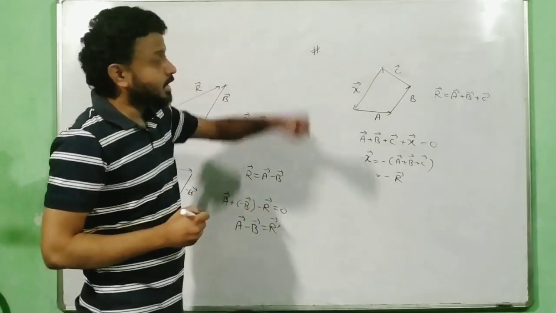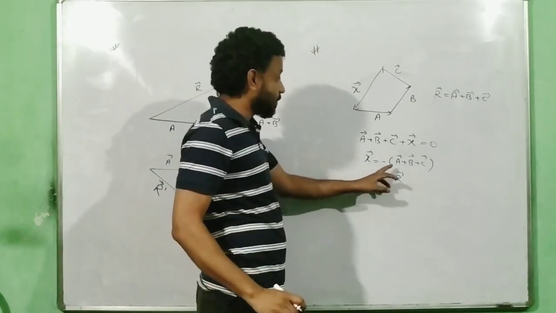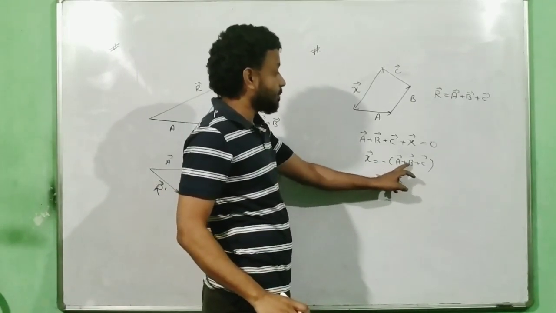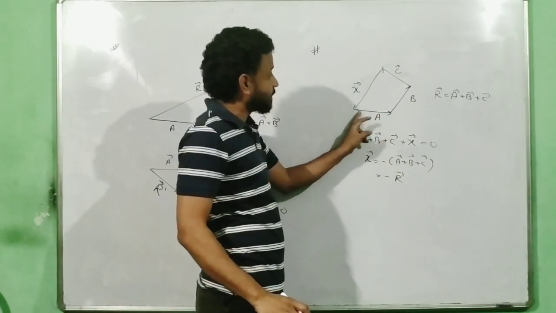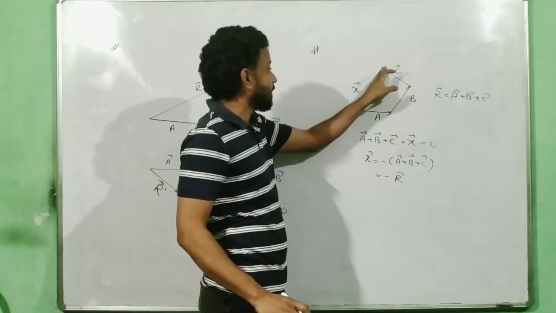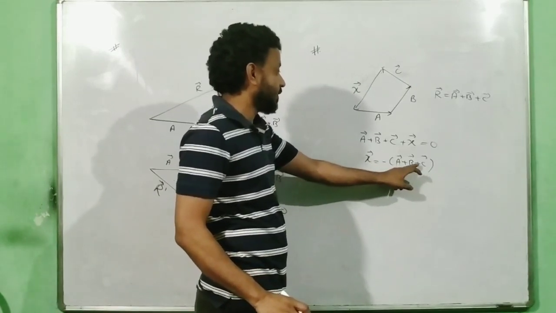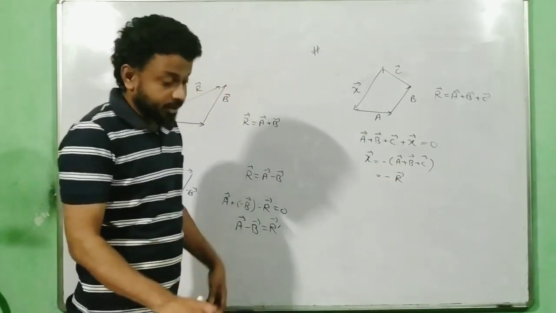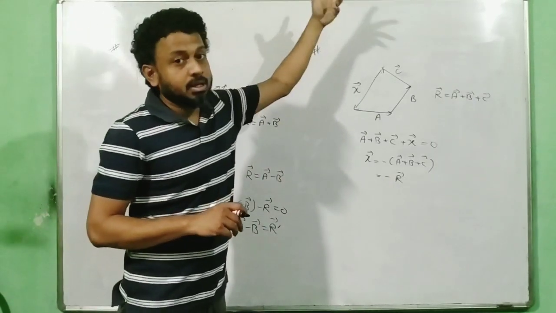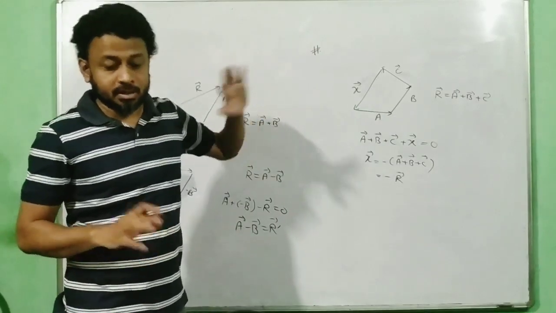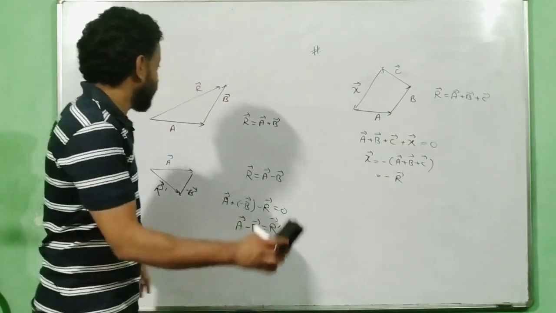Okay. Alternate method. You can just go for the alternate method also. So the value of x is equal to how much? Minus of A plus B plus C. Or you will get the same answer even if you just write here A vector plus B vector plus C vector plus x vector equal to 0. So the x vector will be equal to minus of A vector plus B vector plus C vector. Or you can think of the resultant, whatever would have been the resultant from A to C, the negative of that, if you fill it up there, then the whole thing becomes 0, or you just add up over here and that will be your final answer.